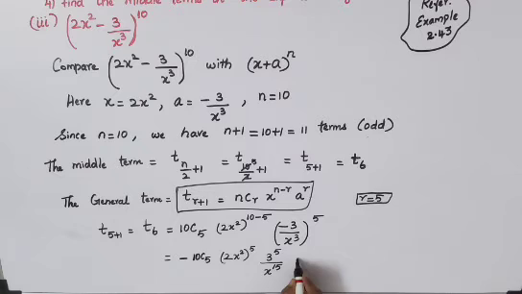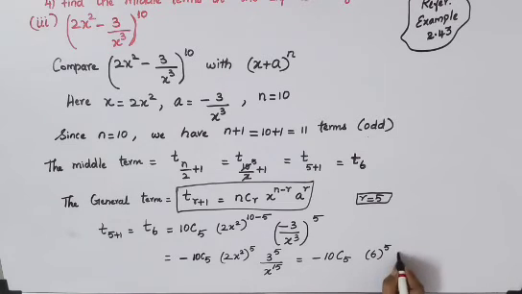So this minus will be there as it is, and 10C5 will be there as it is. Now see here, 2 power 5 is there, 3 power 5 is there. So I am going to multiply this 2 and 3, which becomes 6. So altogether you can write it as 6 power 5 into this x square, again power 5. This 5 is for both 2 and x square. So x power 2 into 5 becomes 10, so you will have x power 10 divided by this x power 15.